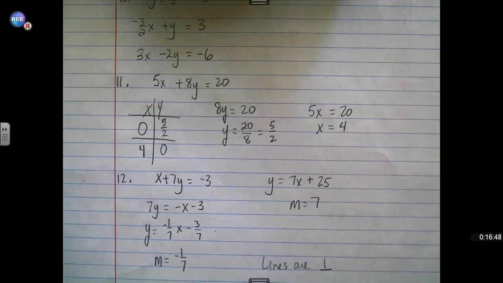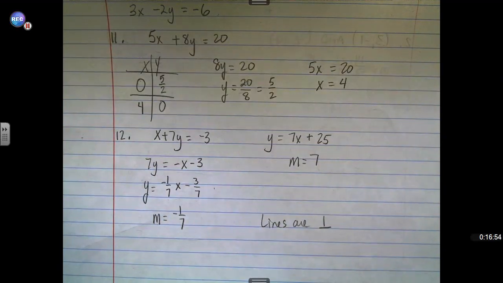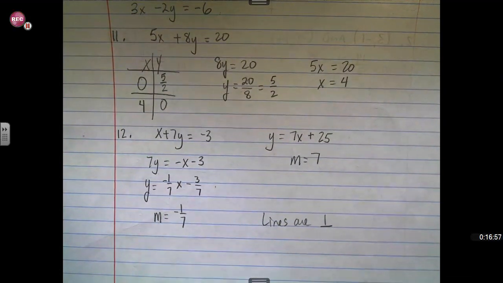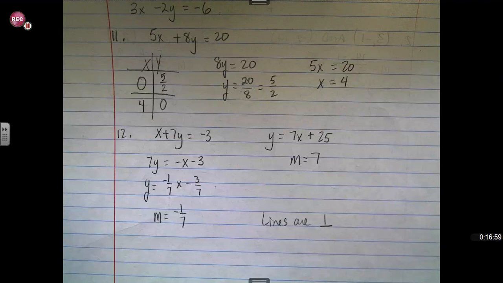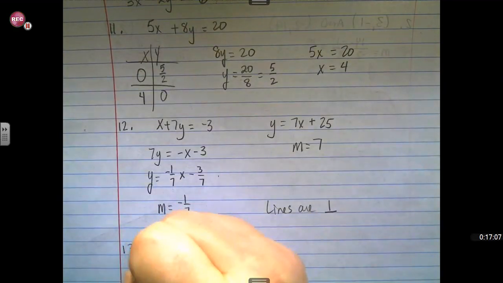Okay. If there would have been no relationship between the slopes, I would have said neither. Like, I think that's what we had on the quiz last week, on the quiz over this section. They were neither. If they had been exactly the same, I would have said parallel. They're not. They're opposite reciprocals, so I say the lines are perpendicular. And 13